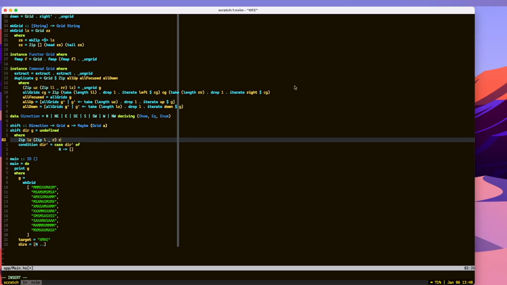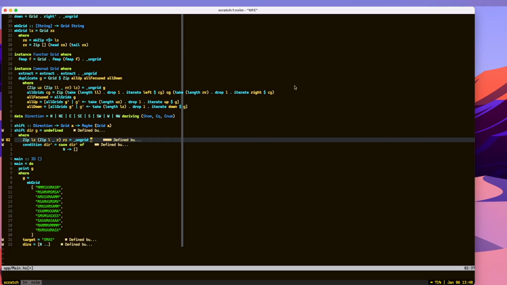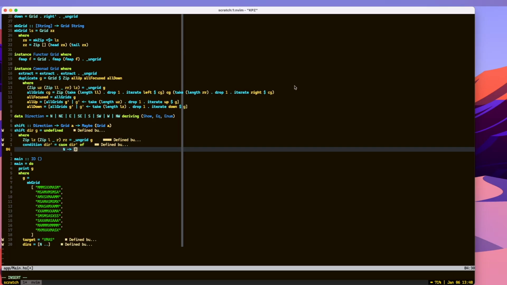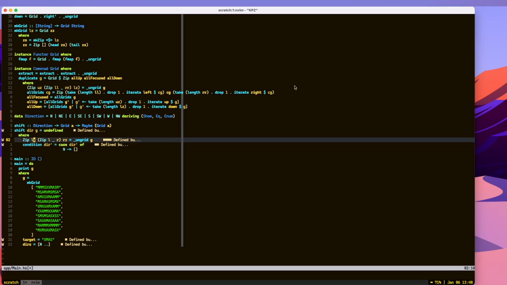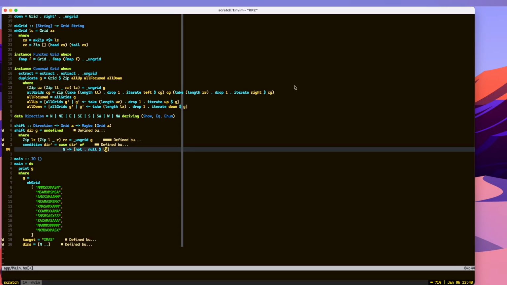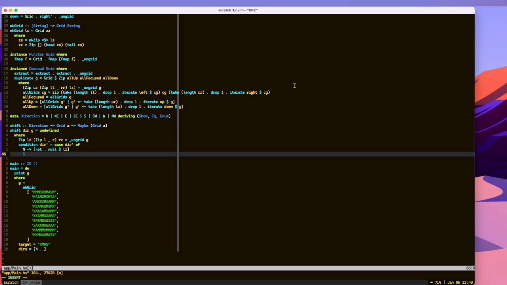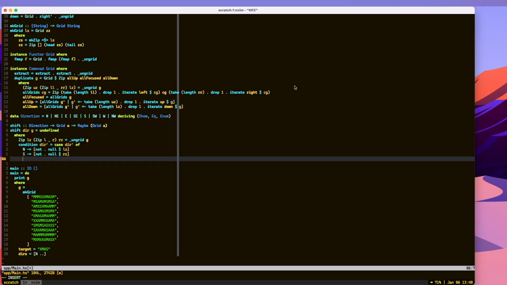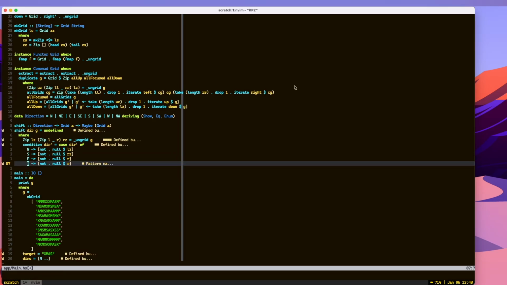Let's unpack our grid. So yeah, if we go north, we want to check, okay, is there a row available? And it is if LZ is not empty. So not LZ. If we go south, it's not allowed for RZ to be empty. If we go east, it's not allowed for R to be empty, and so on and so forth. For west, it's not allowed to